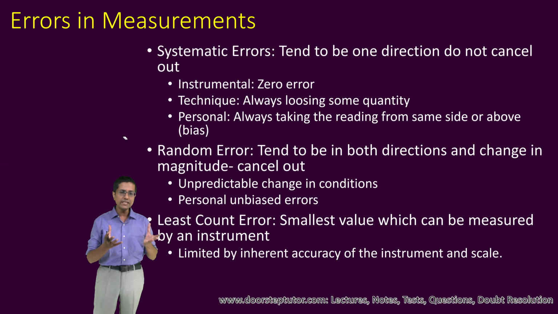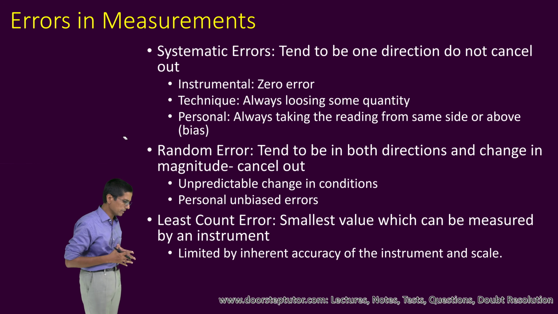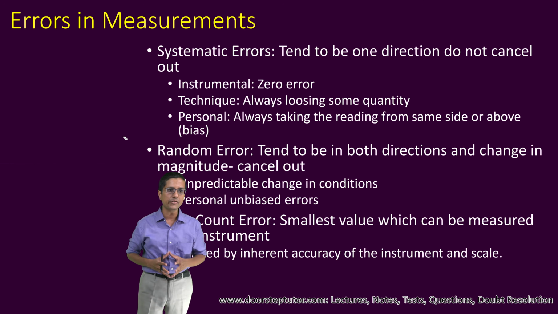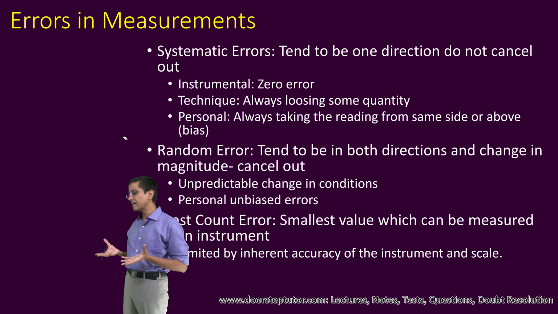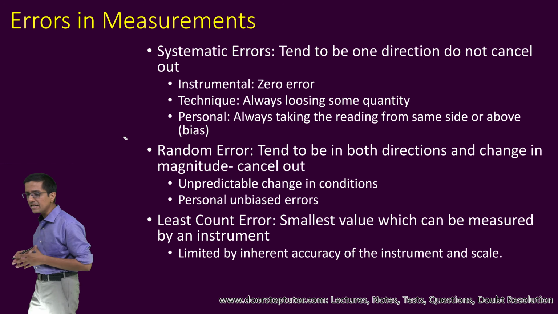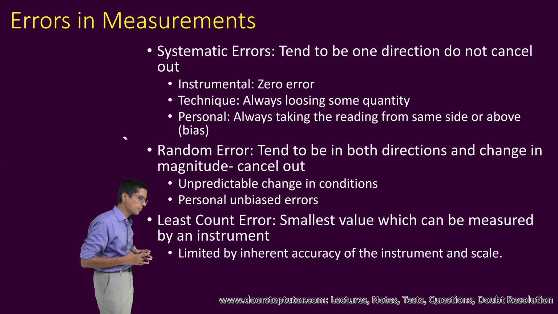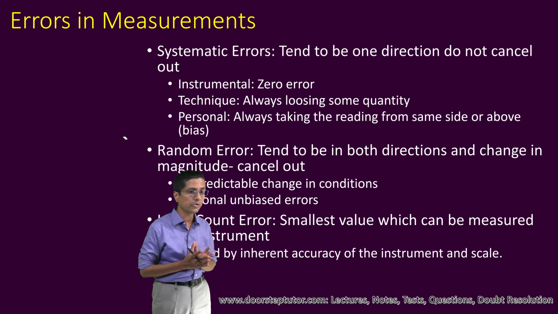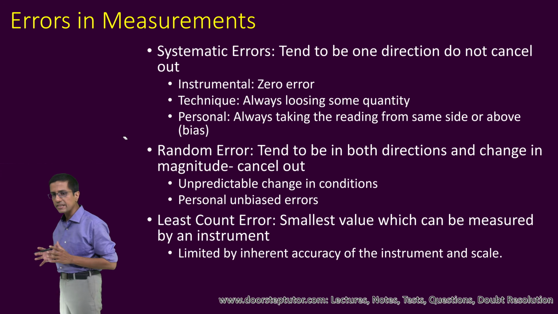So errors in measurement are of course of two kinds. This is not a very difficult concept, very simple. There are two basic kinds of errors. One is the systematic error and the second is random error. Random error, as the name itself suggests, means that my error is changing each time I am doing the experiment. So like I said before, typically in physics when we are doing experiments, we don't do it just once. We repeat the experiment. We try to repeat it and just make sure that the readings that we are getting